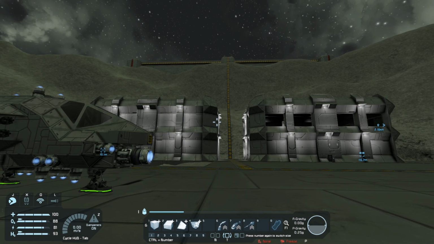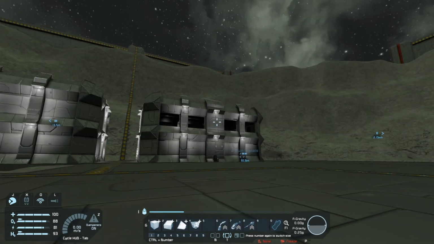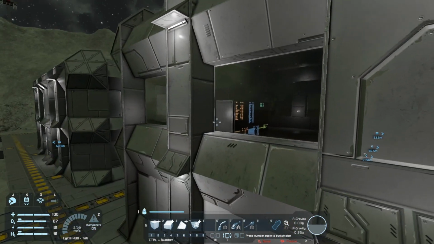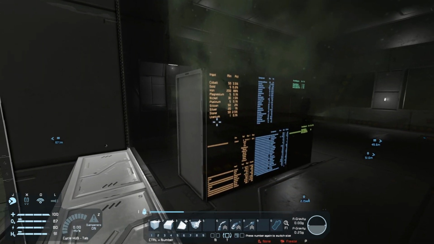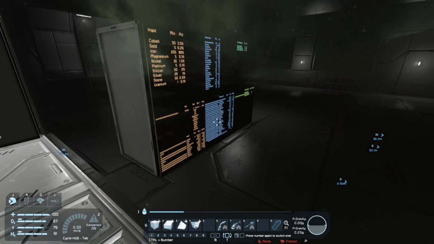So, last episode, we managed to automate our assembly production. Over here, as you can see inside our lovely warehouse, we've got some LCD screens because we're using Talden's Inventory Manager. And we've set our assemblers to automatically create stuff for us. Now, as you can see here, we've got...